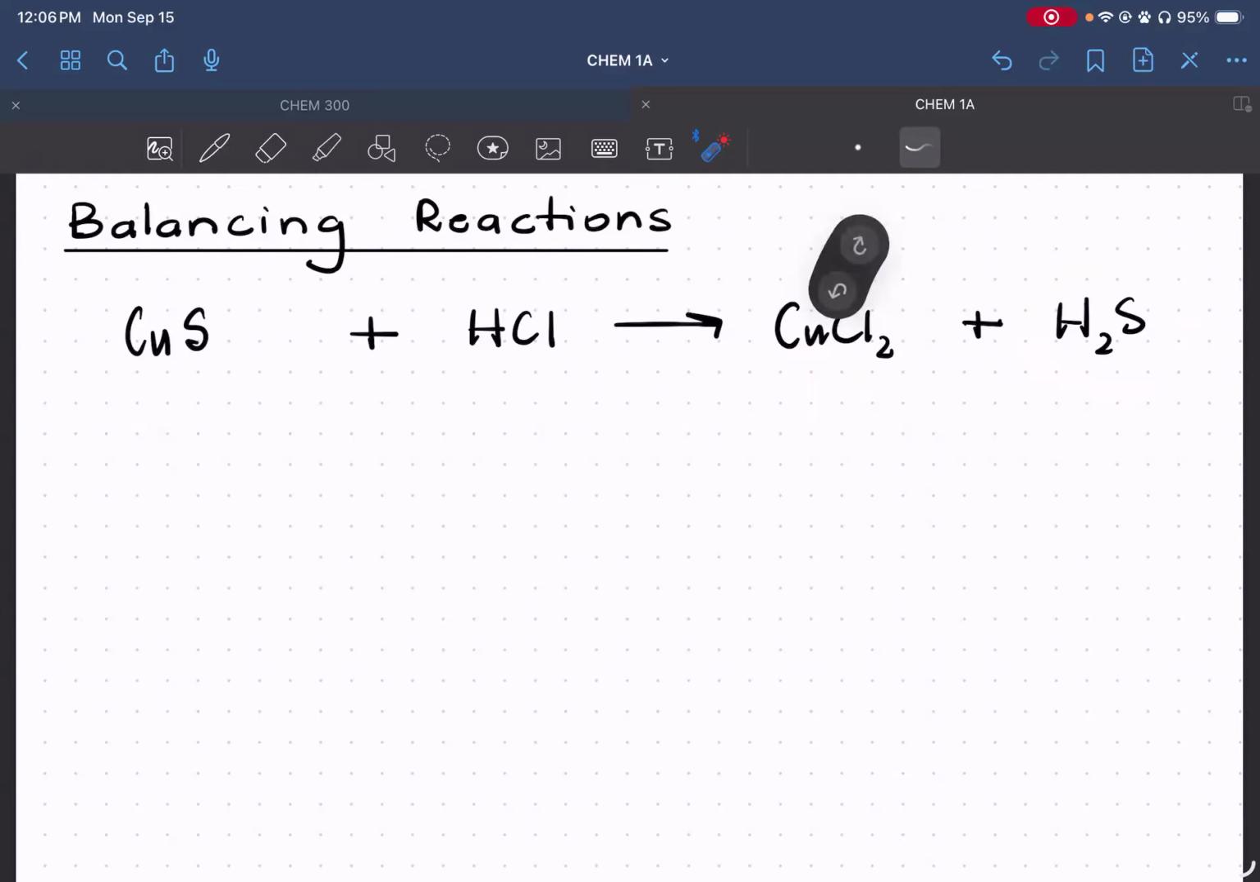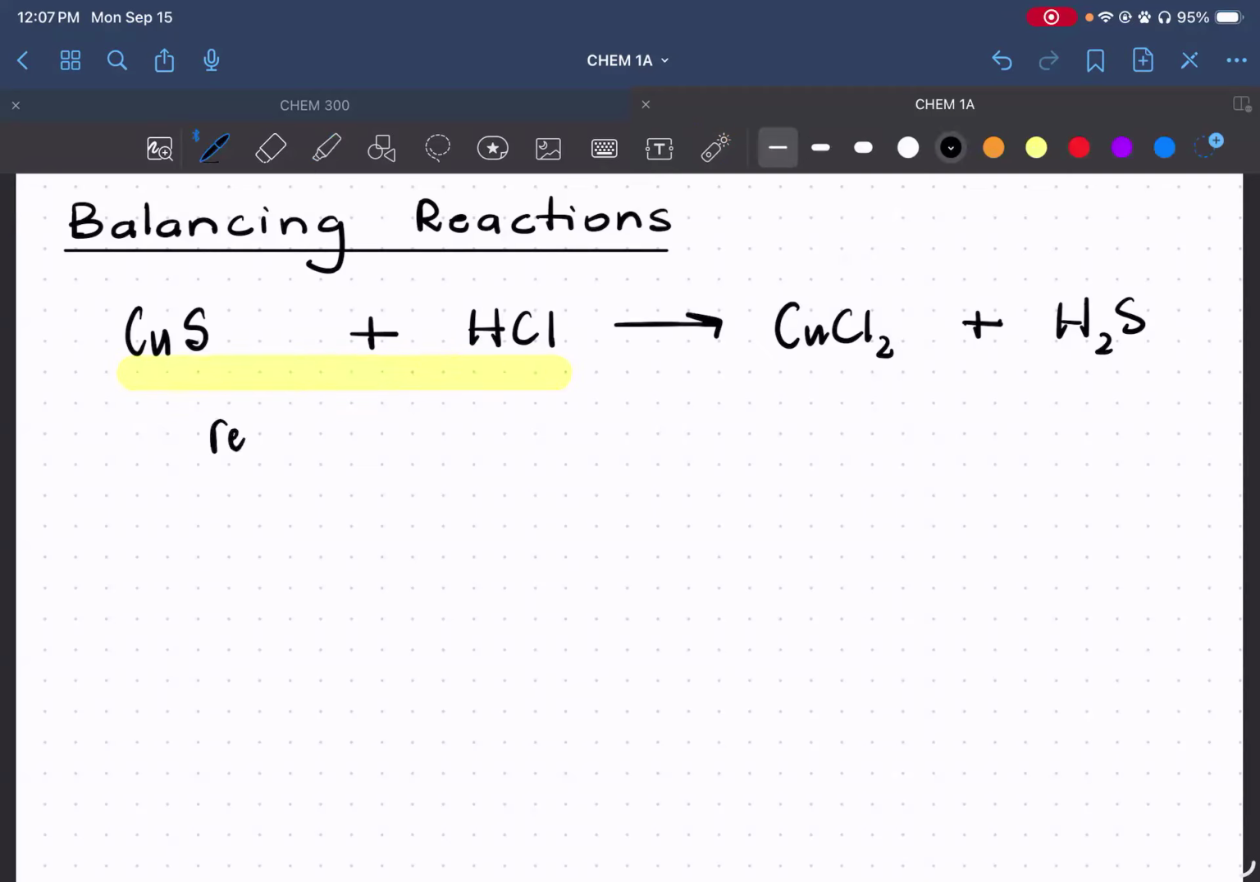Because as you notice, when I named all these compounds, I just said their names: copper sulfide, hydrogen chloride, copper chloride, and dihydrogen sulfide. Right. So you're no longer going to get explicit questions on an exam that say, what is the name, what is the formula, but you'll get things like this where you should be able to read the reaction. On the left-hand side,